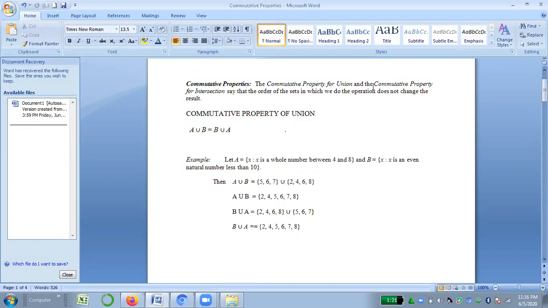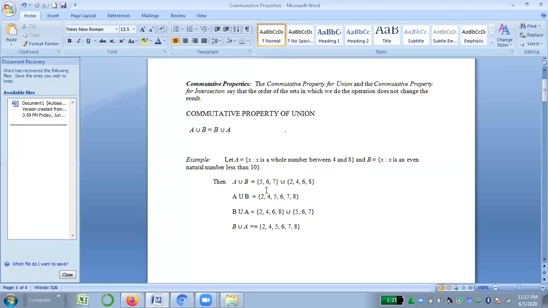There is a set in the question which has whole numbers between 4 and 8. As you all know, I have told you in the previous lectures that whole numbers start from 0 and it is endless. These numbers have no endpoint. So whole numbers between 4 and 8 are 5, 6 and 7. As you can see here, where my mouse is located, 5, 6 and 7 is set A. Then B set is the even numbers less than 10. So less than 10, even numbers are 2, 4, 6, 8.